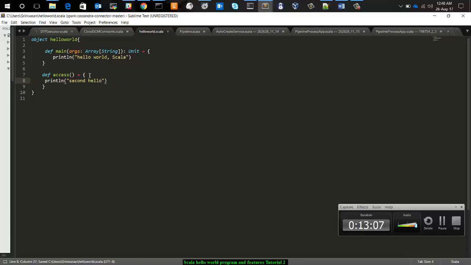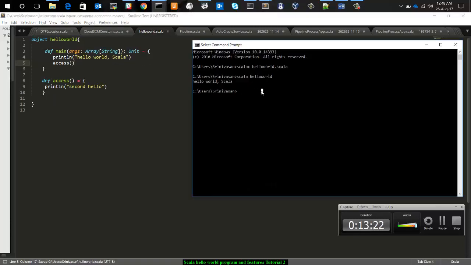I am saving this program. Oh, I forgot to call this method. I am saving this program and running. You can see that the second hello also got printed.